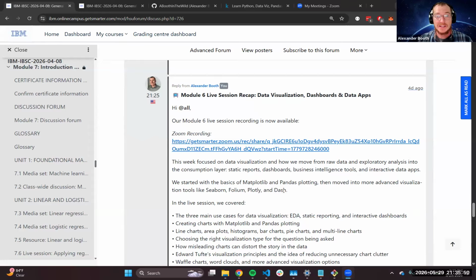Second was static visualizations. How do we create static reports, static images that we can put into a slide deck, that we can put into a white paper or print out into some kind of static report and share around the office? And then finally, the third, and to me the most important part of data visualization, is the interactive self-serve analytics layer. This is where we really drive business intelligence by creating interactive, typically web-based or BI tool-based